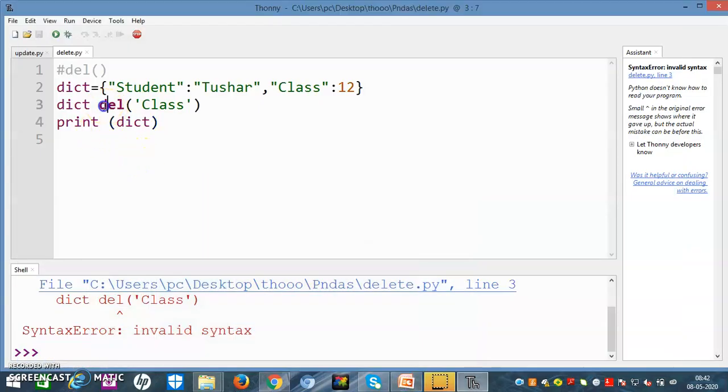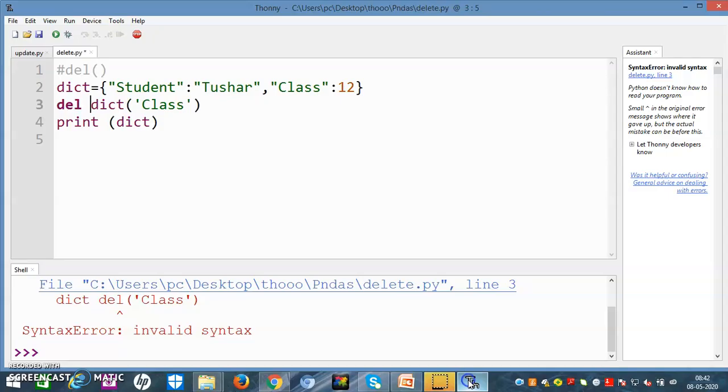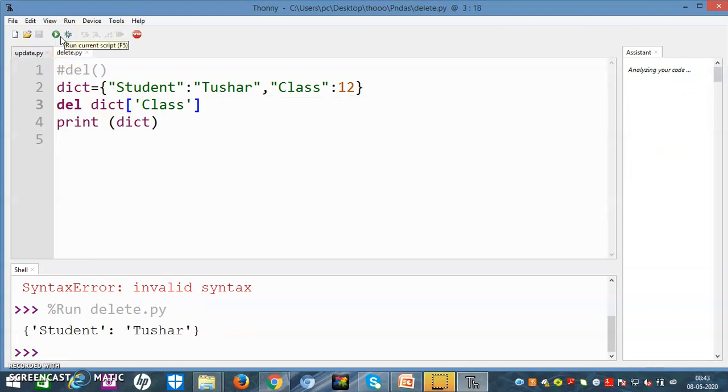Because I have written the wrong keyword. It should be delete, because this is a class of dictionary and I have to write delete here, right? Friends, we have to be specific about the braces and the way of writing, because Python is all about how we write them. So it is student, it is Tushar. So class has been deleted from it.